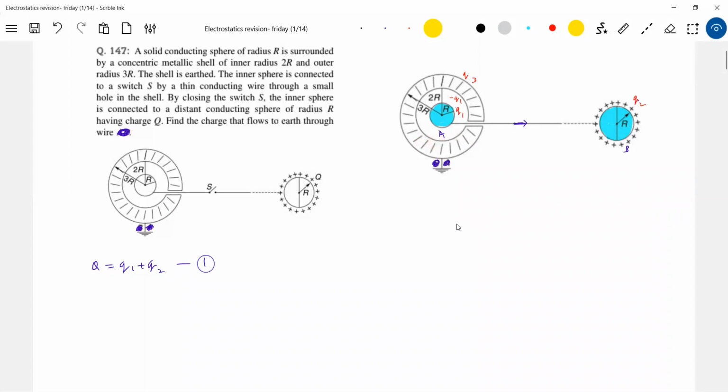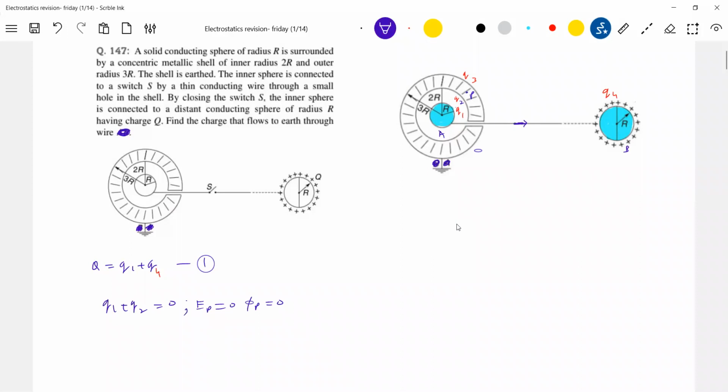So here, let me proceed with all the basics. We know some basics, no? Let me write here. Q1 plus Q4. Now let me consider by drawing a Gaussian surface in the material of shell C, I'll get one equation: Q1 plus Q2 equal 0. Can you recollect? Why? Because what should be the net field at point P? Should be 0. Flux should be 0. For flux to be 0, Q1 plus Q2 should be equal to 0.